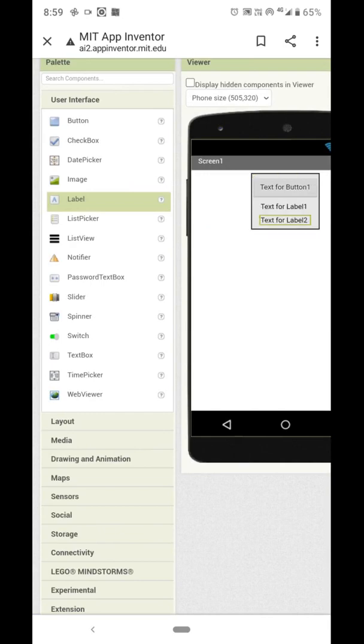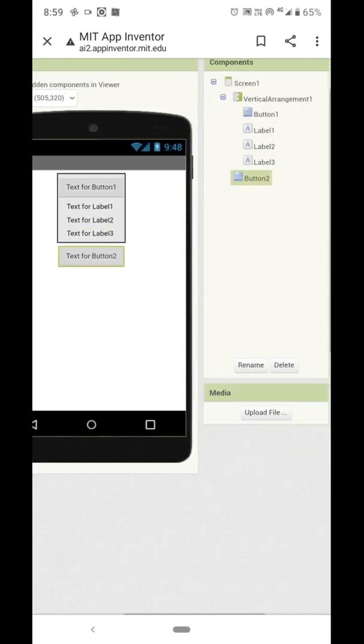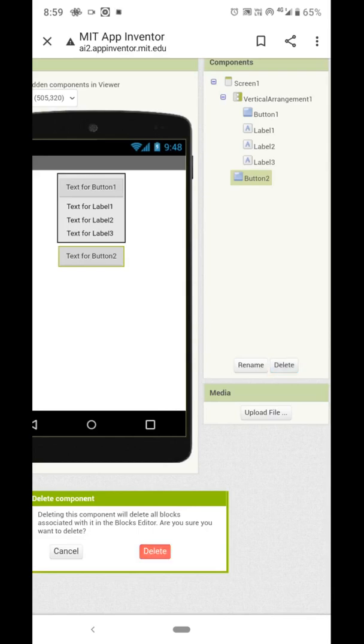Take these labels inside the vertical arrangement and take one button. Oh, it's going outside.